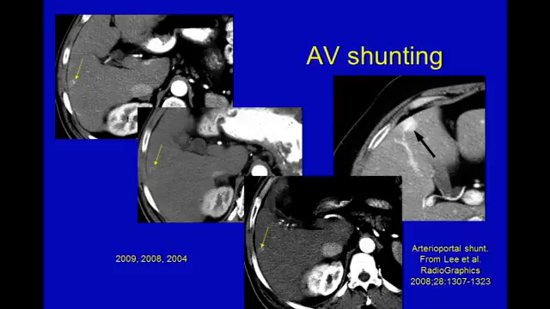Arteriovenous shunting is probably more of a problem for us on CT and MRI because we get enhancement in arterial phase imaging that you can see right here. It's often peripheral, sometimes wedge-shaped, and it should enhance in the arterial phase, but then it should be isoattenuating on the portal phase and should not wash out. But this can be confused with early hepatocellular carcinomas or dysplastic nodules. And it can be very confusing, especially when it's round and has what we can see here as a draining